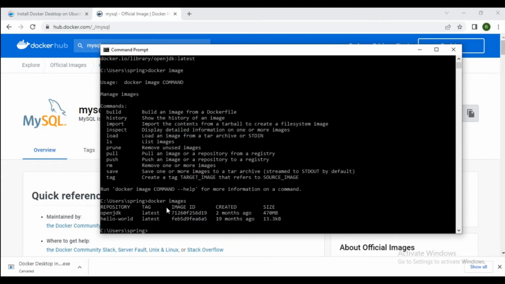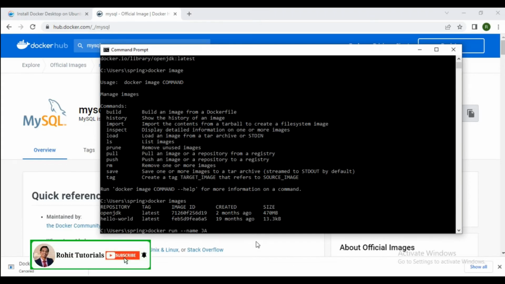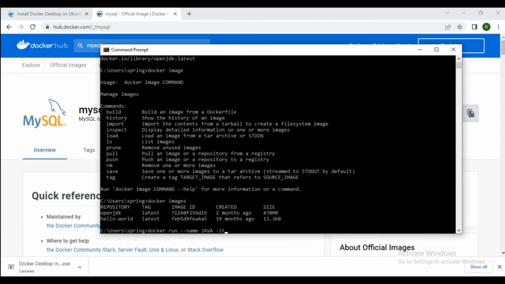Now run this image by using the command docker run --name, the name for that repository or image. So OpenJDK is there. I will give the name simply as java. You can put any name for this. Next is -it, that is interactive mode.